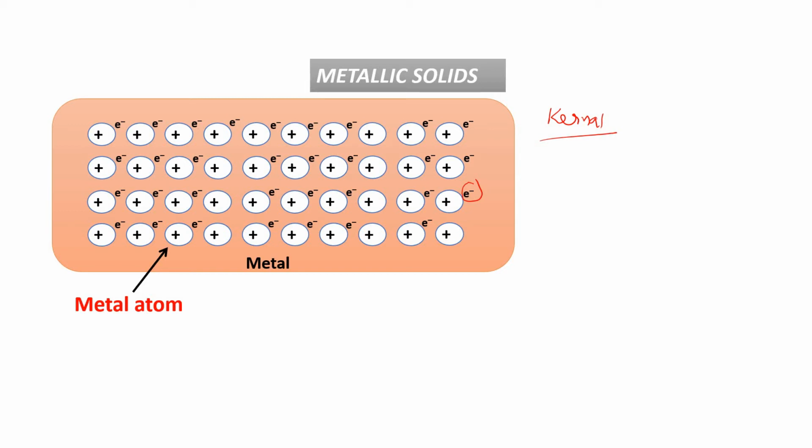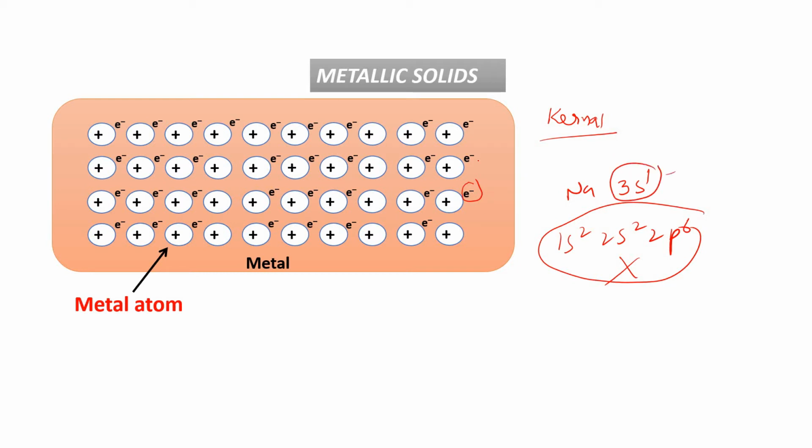For example, sodium: 1s2, 2s2, 2p6, 3s1. Leaving out 3s1, the 3s1 is a free electron. What about 1s2, 2s2, 2p6? That becomes the kernel, because they are fixed in the orbitals and cannot participate in bonding. So which electron participates in sodium? 3s1. Because 1s2, 2s2, 2p6 is an octet configuration, they don't take part in any reactions. So 3s1 is the free electron and will move. This part I am calling the kernel, and it is stable. Only the free electrons move inside the metal, and this is the reason they conduct electricity.